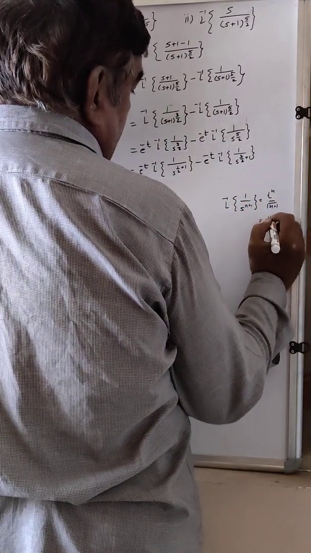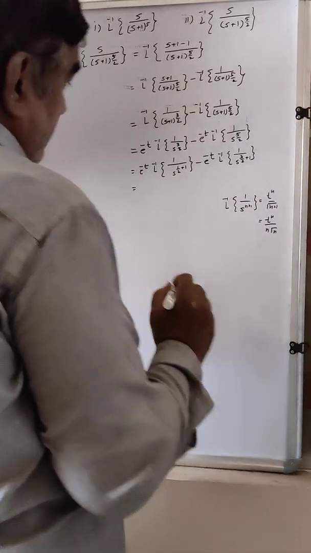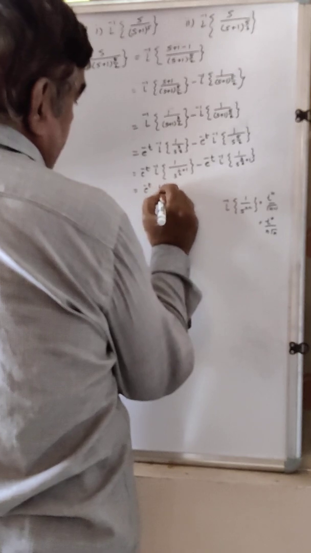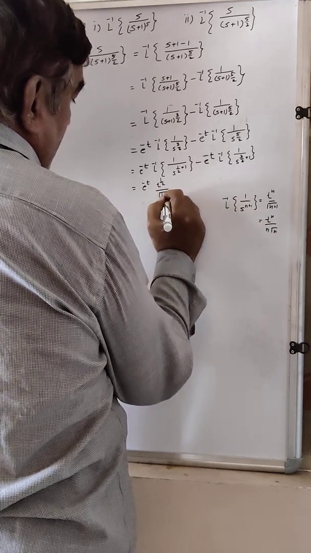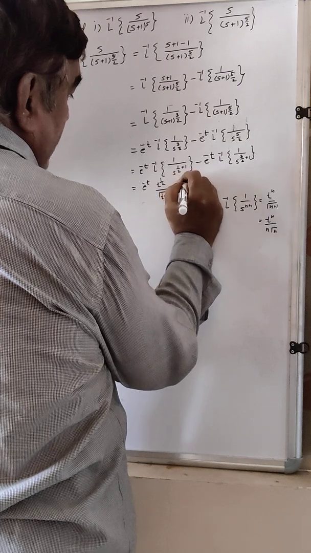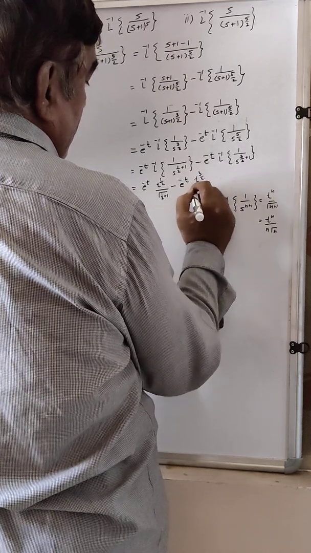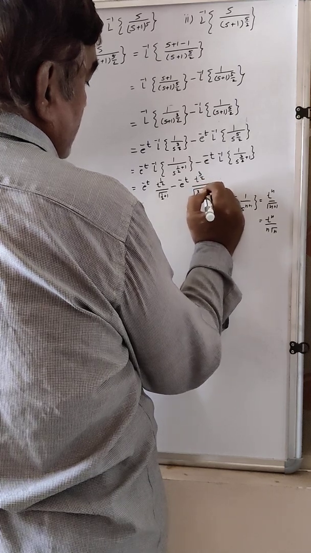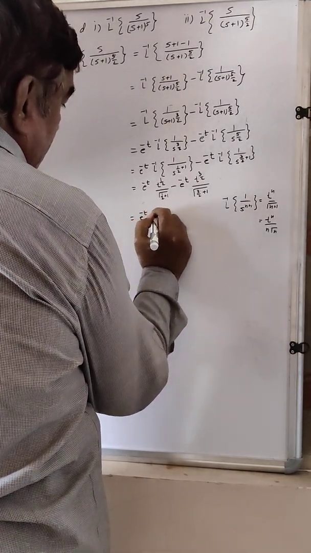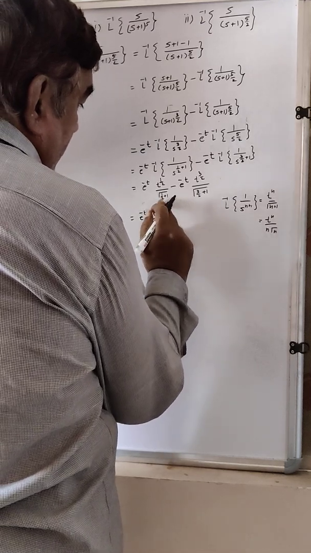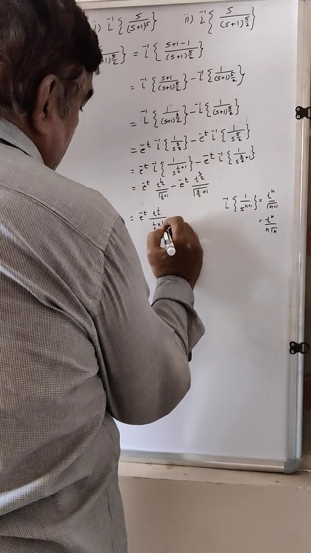Also t raised to n upon n into gamma n is equal to e raised to minus t, t raised to 1 half upon gamma of 1 half plus 1, minus e raised to minus t, t raised to 3 by 2 upon gamma of 3 by 2 plus 1, is equal to e raised to minus t, t raised to 1 half, gamma n plus 1, that is n into gamma n. Therefore 1 half into gamma 1 half